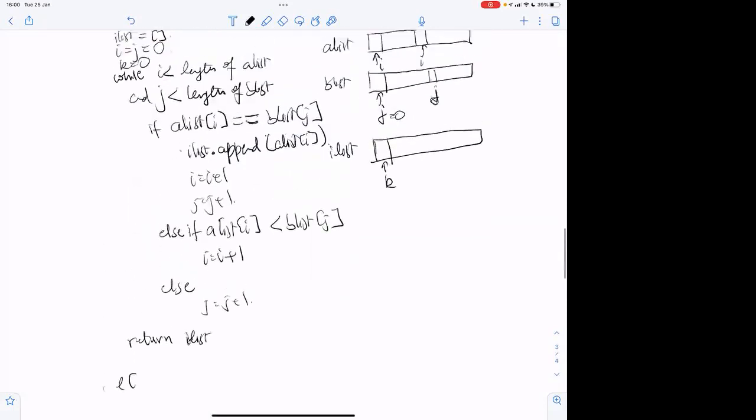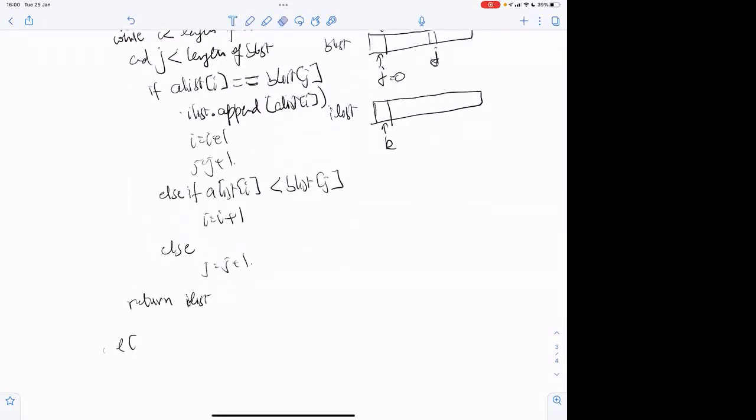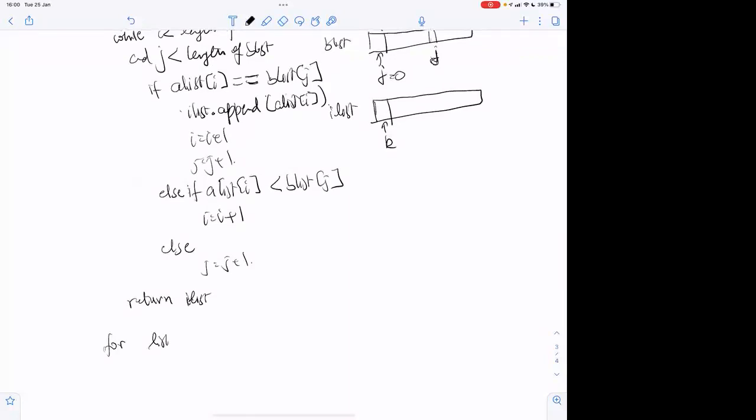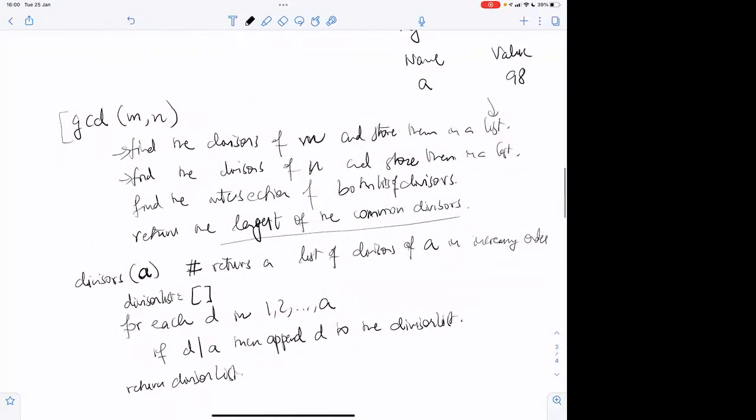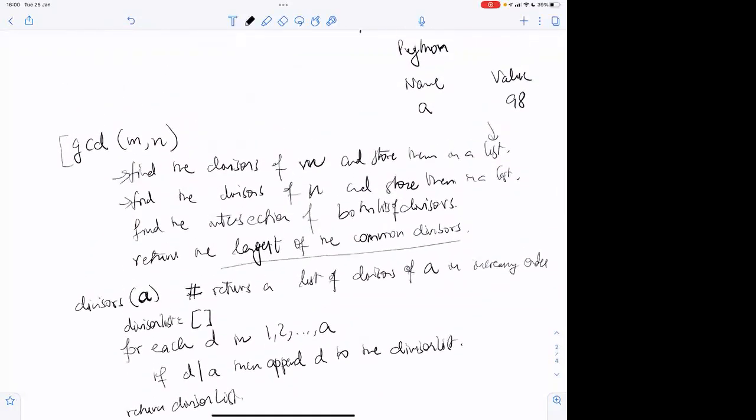Correct? For list L, L minus 1 is the last element. So you can return the largest of the common divisors. The divisors come in increasing order, so you know that returning the last of the divisors is sufficient. Correct? Are you with me?